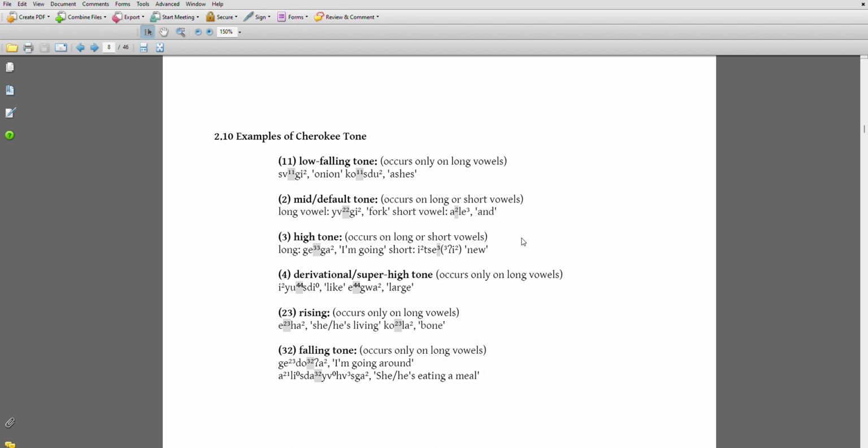The 3 or the high tone occurs on long or short vowels. The long, ge-ga, I'm going. The short, itse. Now, it is important to note here that the short pronunciation of itse, is due to omitting the final vowel of the full word, which is itse, new. This is very common in Cherokee,